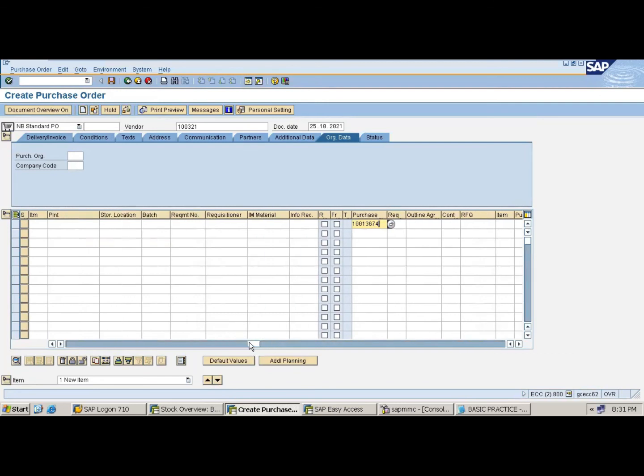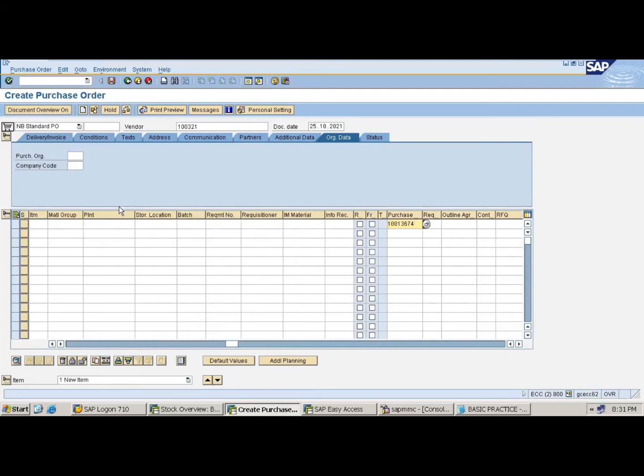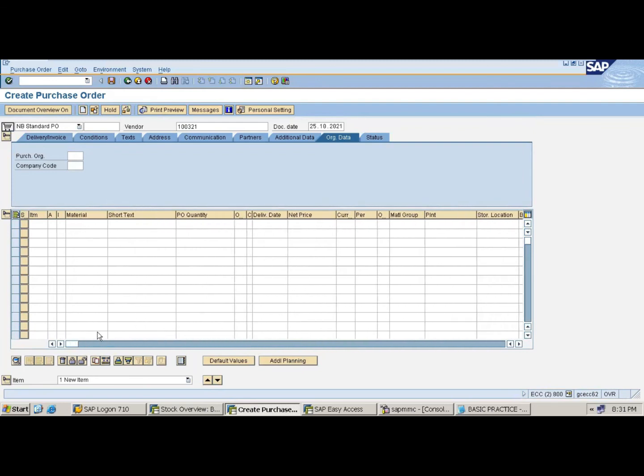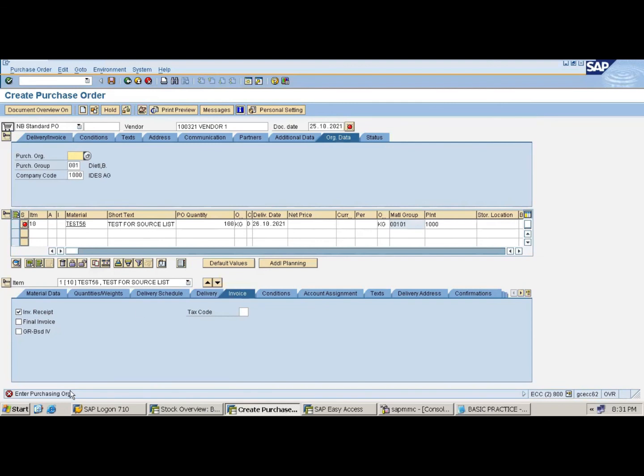At this point, earlier I entered an amount, correct? It was that net price must be greater than 0. Now you can check. Enter. Purchase organization, okay, fine. Enter. See, the price should automatically be fetched from the purchase info record. We maintained 15 rupees there. The price for the PO should always be fetched from the PIR. Then what is this error?